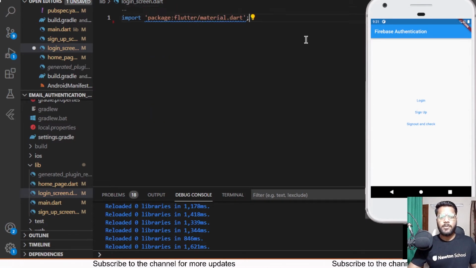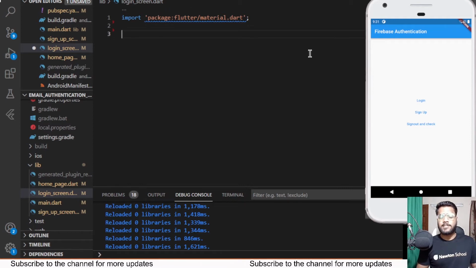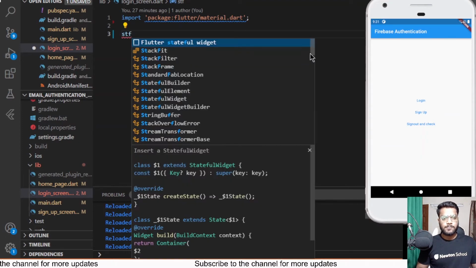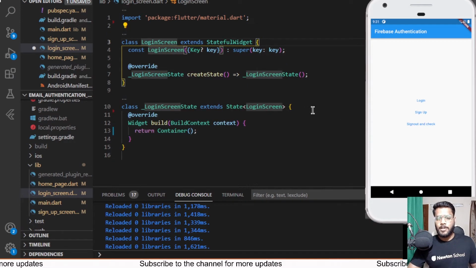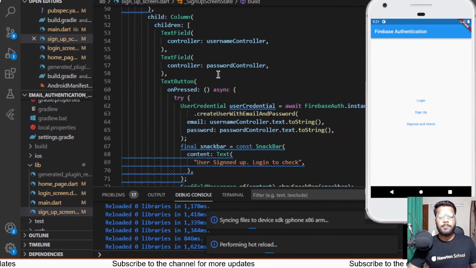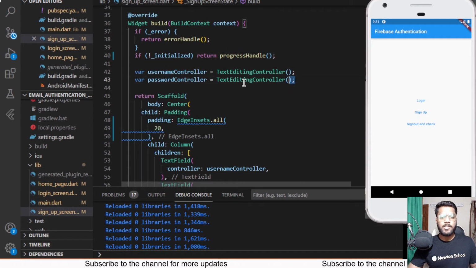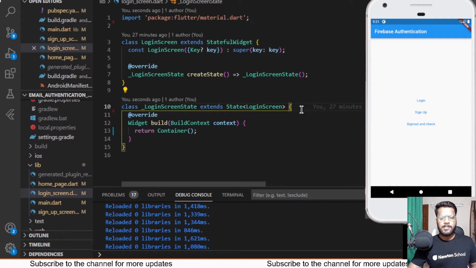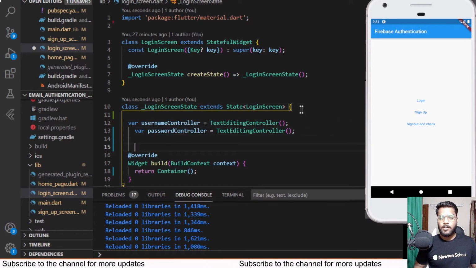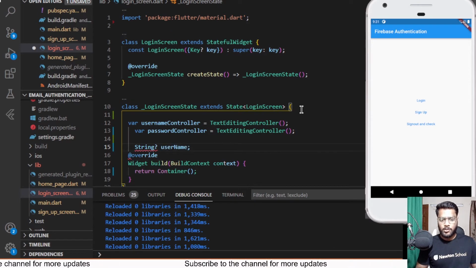The next thing which we need to do over here is create a widget. So create a class. Basically we'll be having a stateful widget again, and the class name would be login screen. We'll be having similar text editing controllers which we had inside the sign up screen. So I'll be copying them from there only, and pasting them here, creating another string variable for username to print out the username once the login